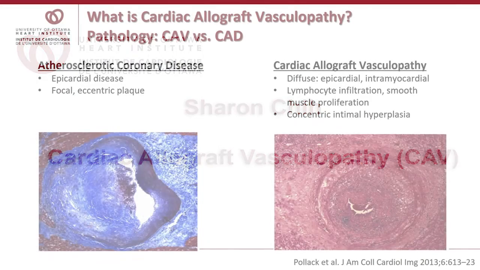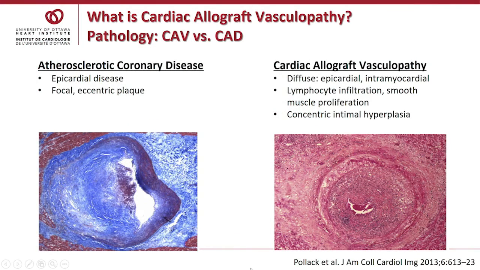This is a slide that I like starting with because it summarizes some of the important differences between cardiac allograft vasculopathy and atherosclerotic coronary artery disease, which you will probably be more familiar with. So CAV, or cardiac allograft vasculopathy, is a diffuse disease process. It affects the entire coronary tree in the transplanted heart, and it involves the length of the epicardial vessels and